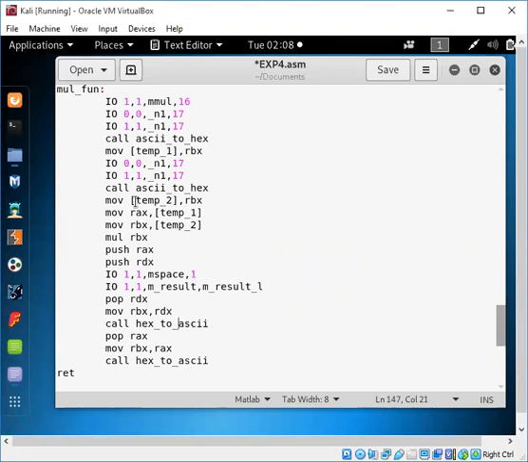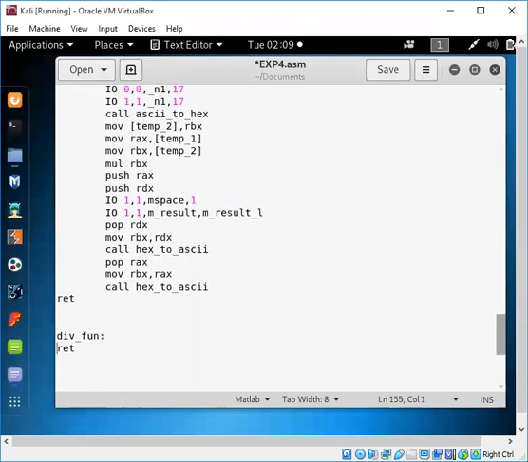Okay, so mostly we are done with this. Okay, so the initial operations are required, just accepting with these functions, right? So ASCII to hex and hex to ASCII will be the last part. But before that, we have one more function which remains, that is div. Right, now the div function will be putting the variable, right? But it will be referring these values as remainder and quotient also, which we can display, right?